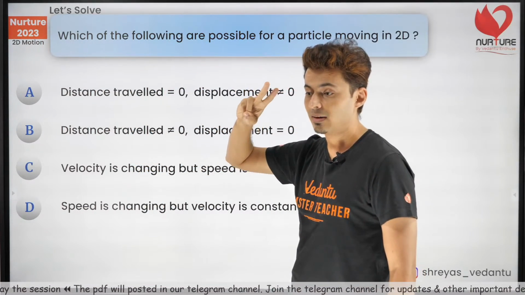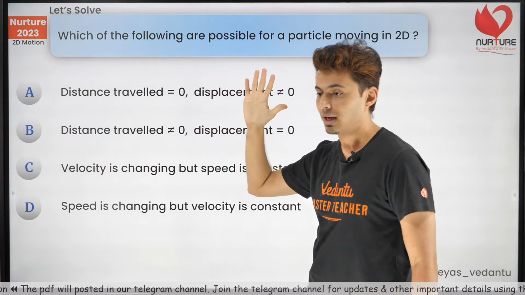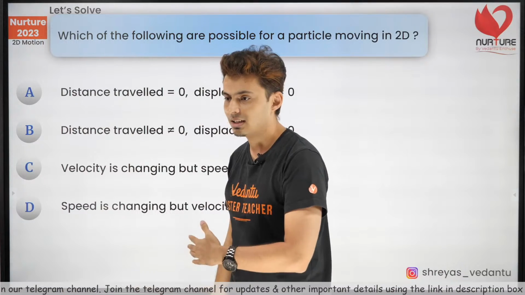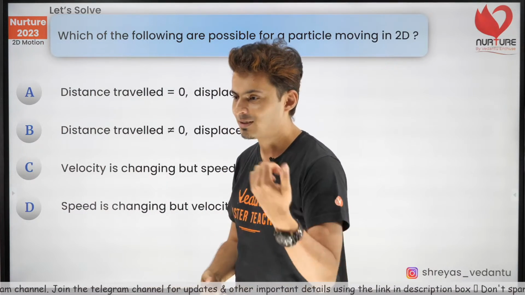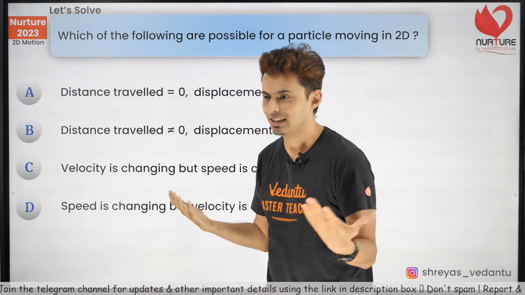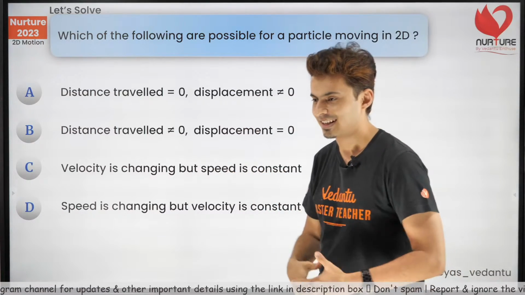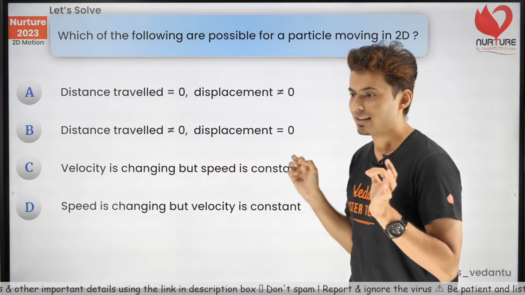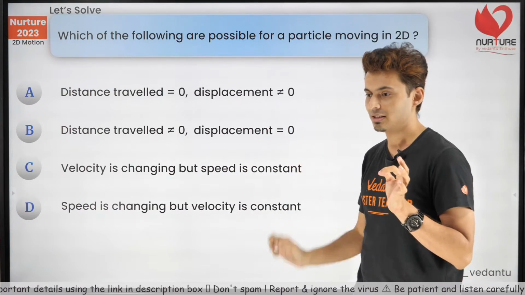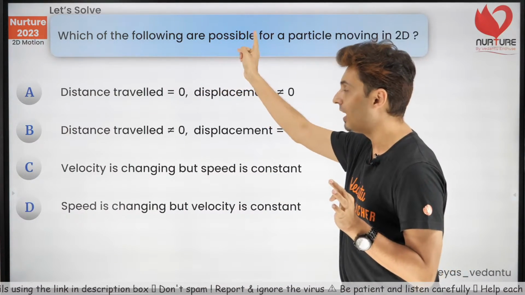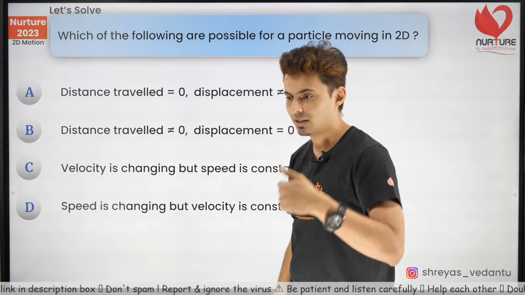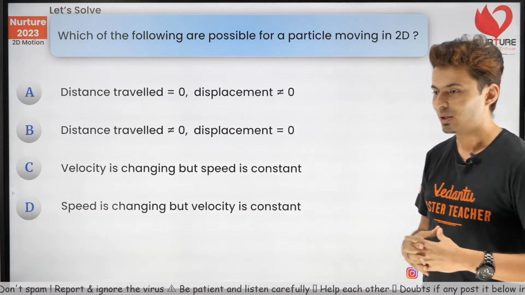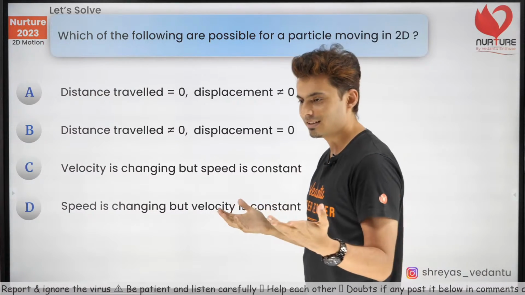By the way, the question says which of the following are possible. So be careful, more than one option might be correct. Come on my warriors, most of you are saying B. Think about it. Be careful guys, more than one answer is correct. Think carefully, read the question. I just said which of the following are possible. Now you are going to D and B. Okay, B and C.